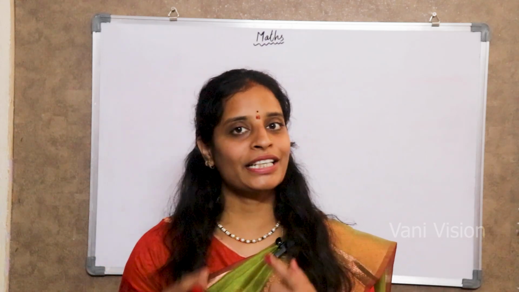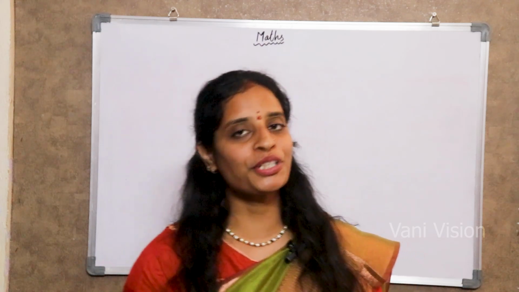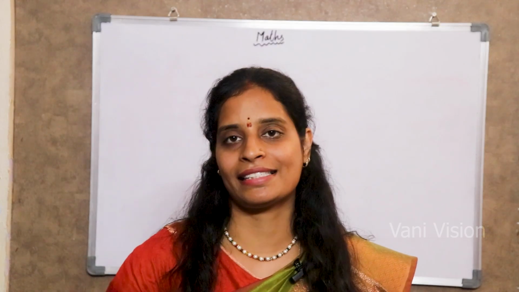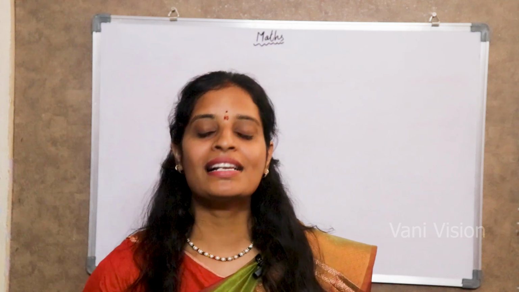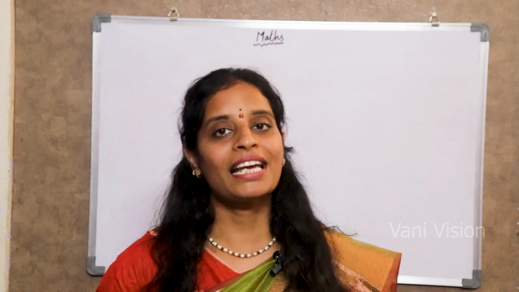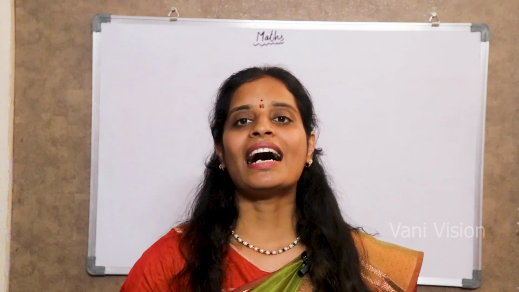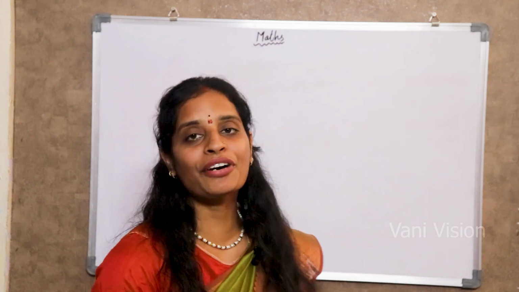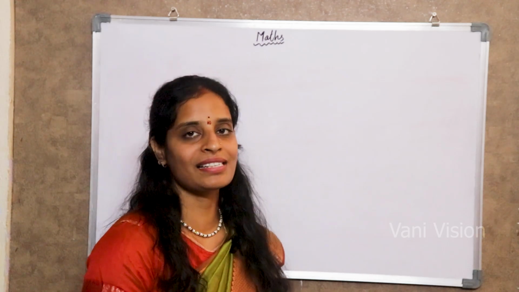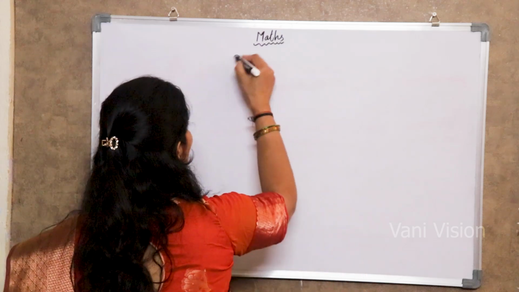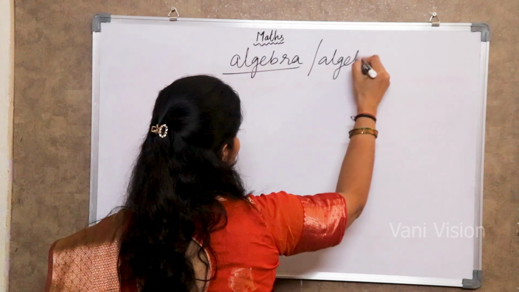Before going into the content, first of all, you should answer some questions for me. Where are we going to use alphabets in maths? Anyone? In maths, alphabets are used as variables. In which branch of mathematics do we use them? That is algebra. In algebra, we use alphabets like X, Y, Z, A, B, C, D, P, Q, R, S, T. Yes, right? We use all of these in algebra.